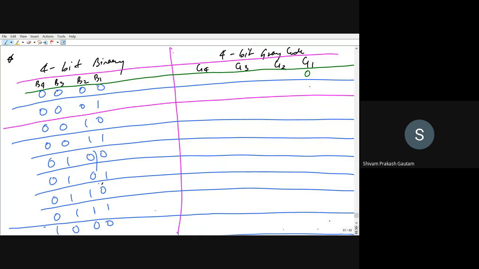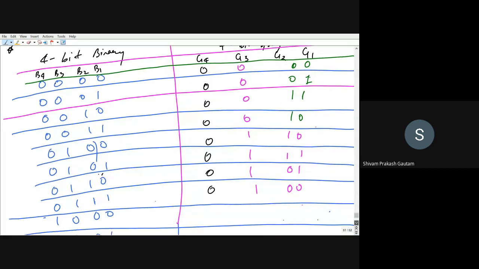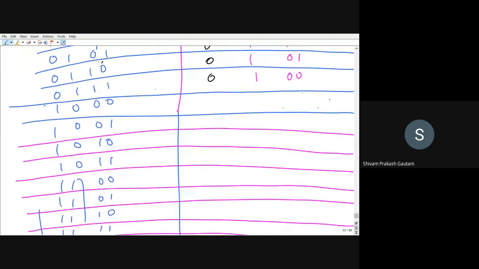So this is 0 1. So 0 0. Then it will be 1 and 1 1 and 0. Then for the next higher bit, this will be 0 0 0 0, and this will be 1 1 0 1 1 1 1 0 1 1 0 0. Then for the next higher bit, this will be 0 0 0 0 0 0 0 0, and it will be 1 for the next of the bits.